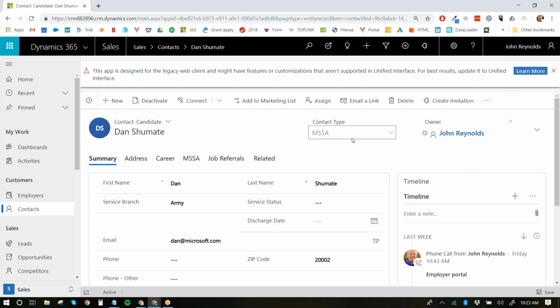So I did create a third contact type just to say, okay, this is an internal type. Now I don't know, we may want to get rid of it. But just a placeholder. He is shown here as a candidate, right? Even though he's contact type, he's a candidate.